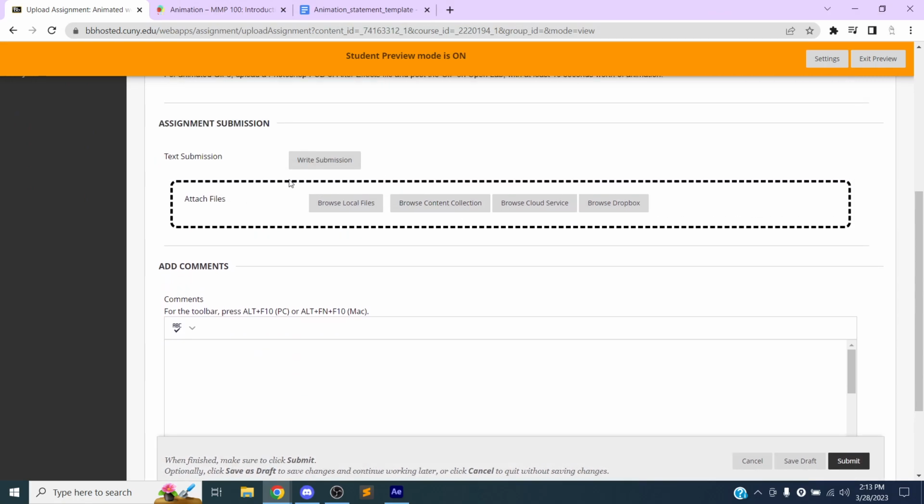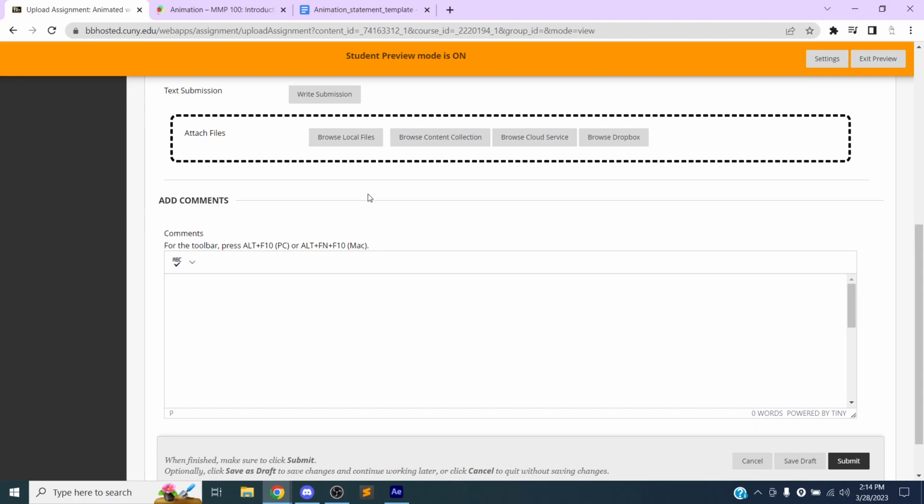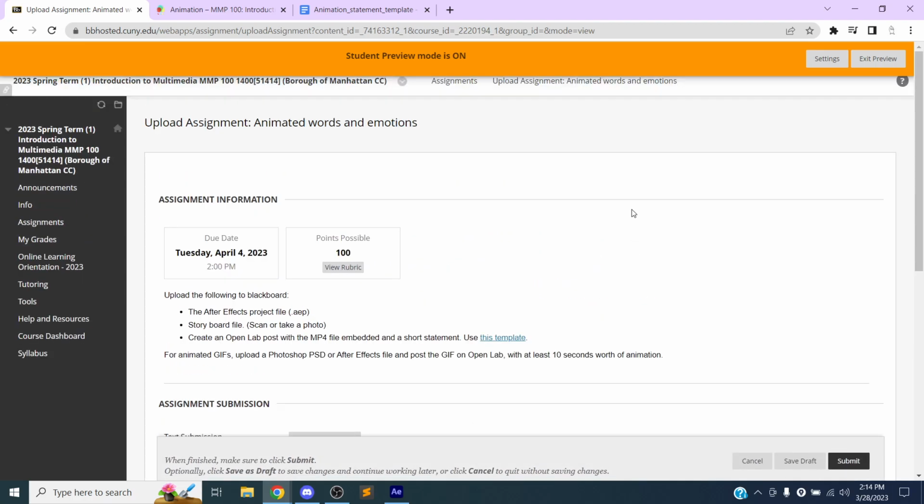And then here's where you're going to attach your After Effects file. So we'll actually go over that in a little bit. So I'm going to do the export first. You can submit your link. Okay, so let's go over exporting the animation and publishing the Open Lab post for your animation, and then we'll come back here